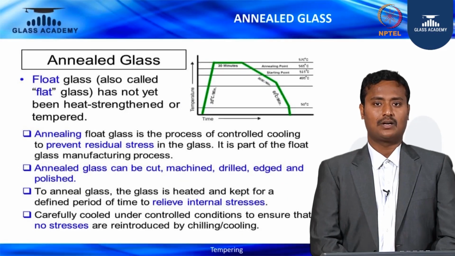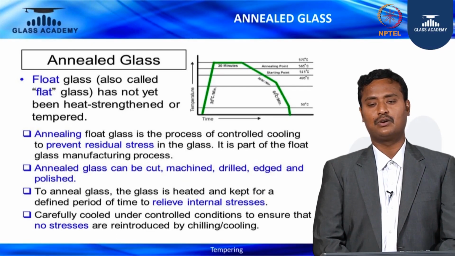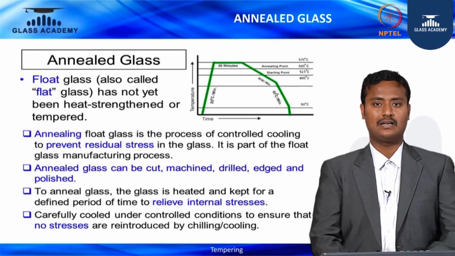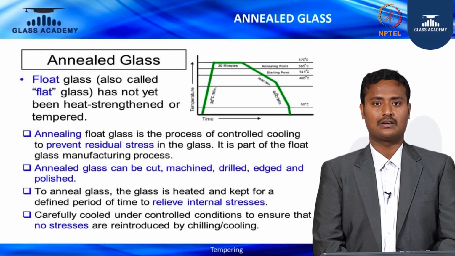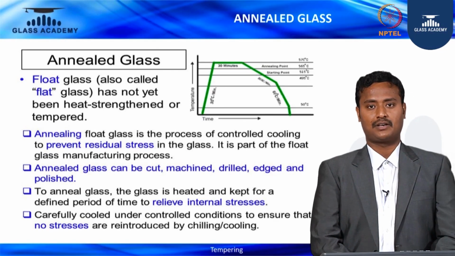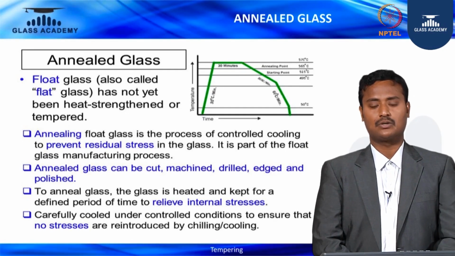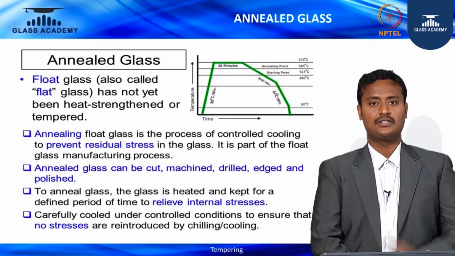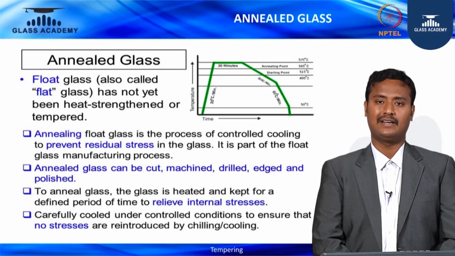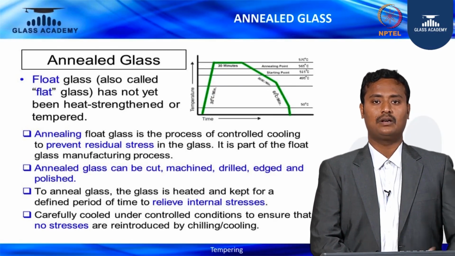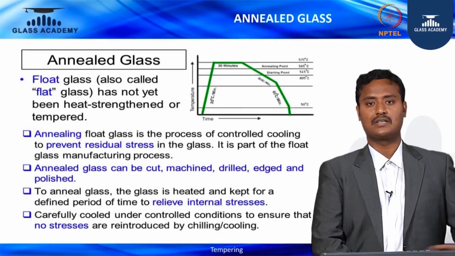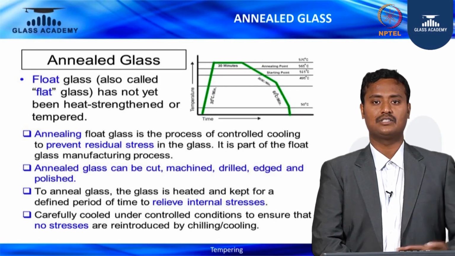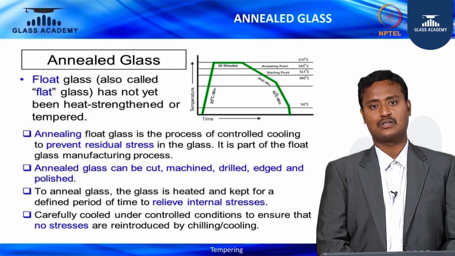What is float glass? People would ask, because float glass is nothing but flat glass, or you can say it is annealed glass, a raw glass during the manufacturing process. It is called float glass because the molten glass is placed on the tin bath. The tin is a medium where the glass, which is transmitting from one place to another, is floating across. So that's why it is called float glass.